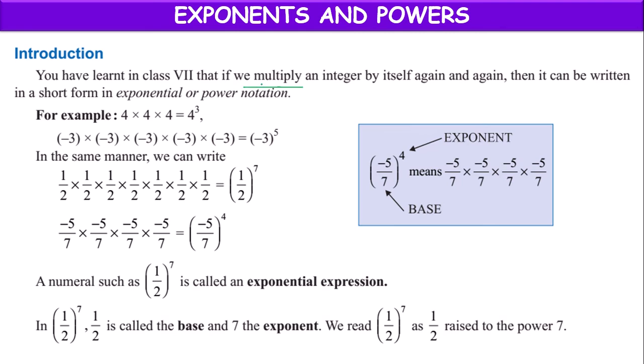If you multiply any integer by itself again and again, like this, minus 5 by 7. Actually, this is not an integer. It's a ratio of two integers. Minus 5 is an integer, 7 is an integer. Or if you take only minus 5, which is an integer, and multiply it again and again,